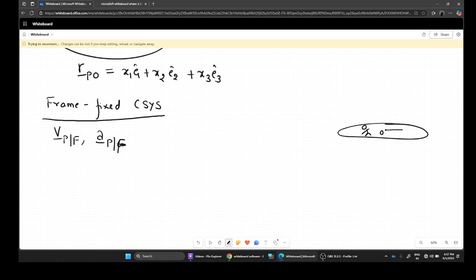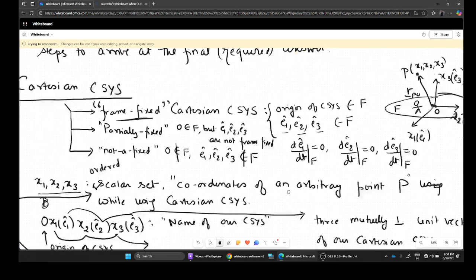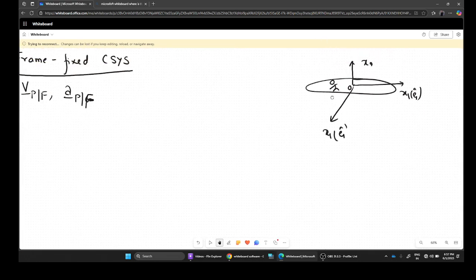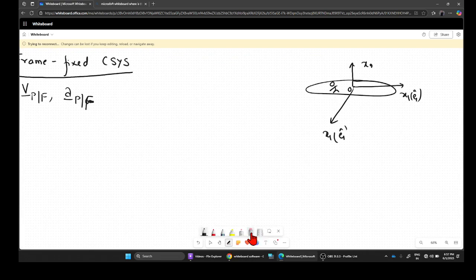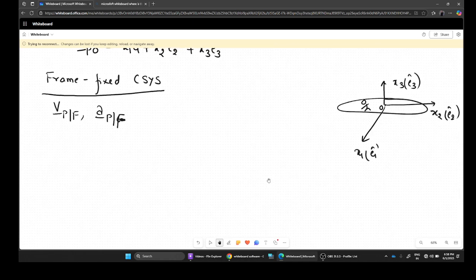Okay, let me redraw here my Cartesian coordinate system, which is frame fixed. Okay,